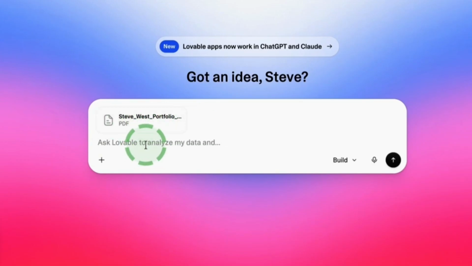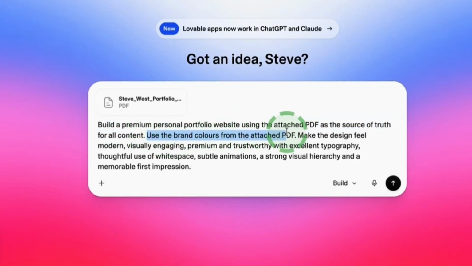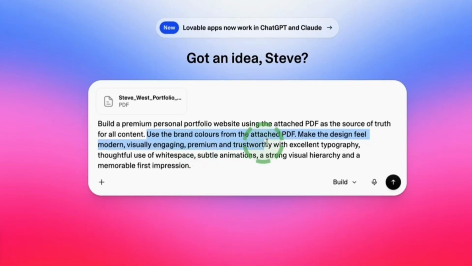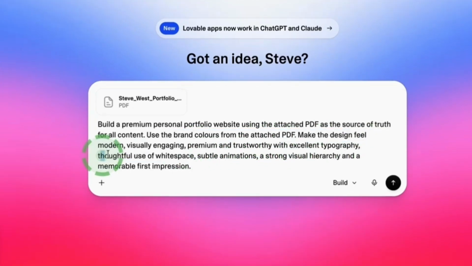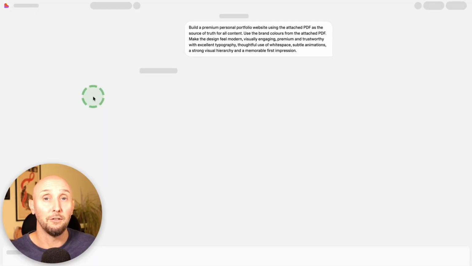Next, I'm going to paste in this prompt, which asks Lovable to build a premium personal portfolio website using the attached PDF as the source of truth for all content. Use the brand colors from the attached PDF. Make the design feel modern, visually engaging, premium and trustworthy with excellent typography, thoughtful use of white space, subtle animations, a strong visual hierarchy, and a memorable first impression. So let's now give this to Lovable and see what Lovable comes up with for us for the first draft